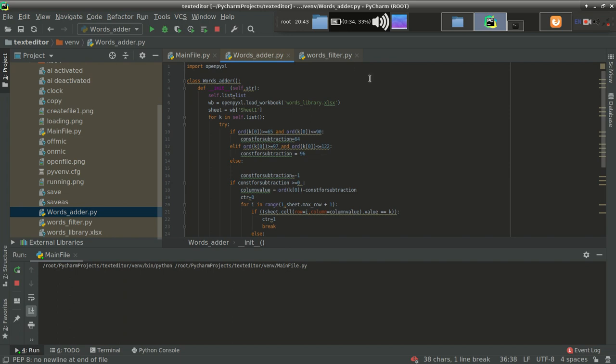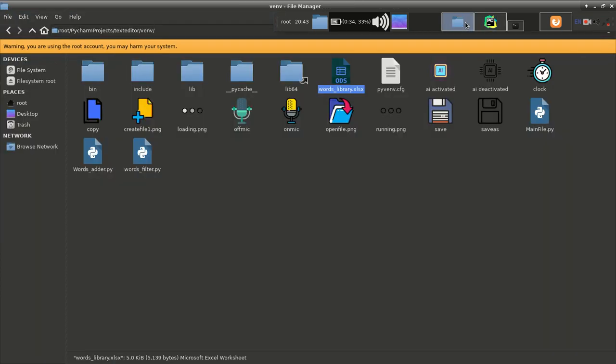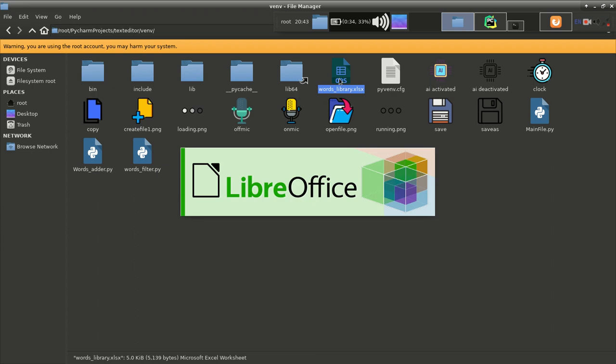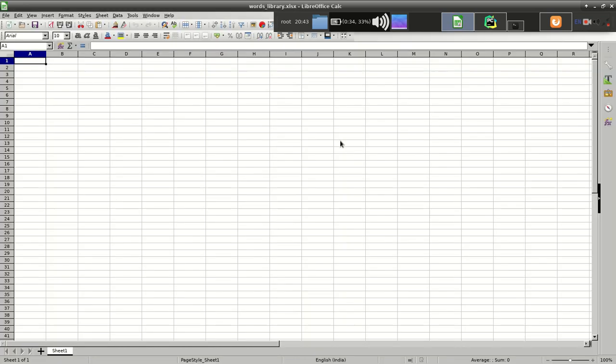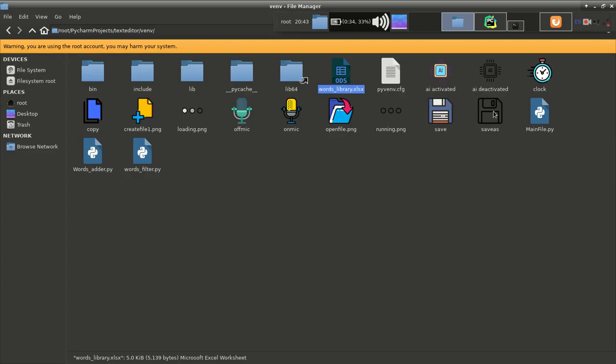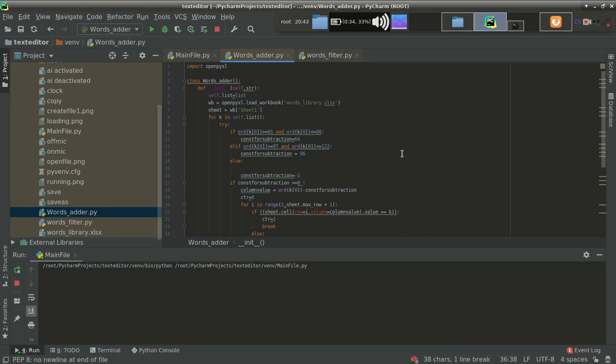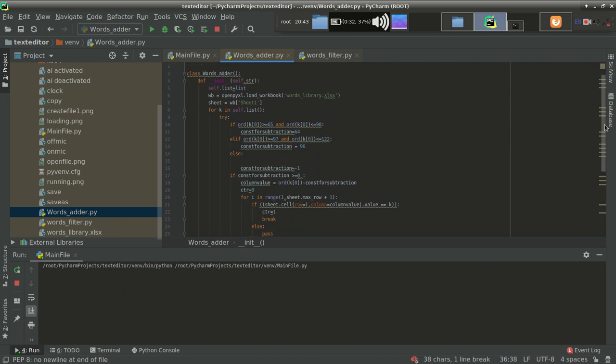The name of the file is words library.xlsx. Fine. Your WB sheet 1.